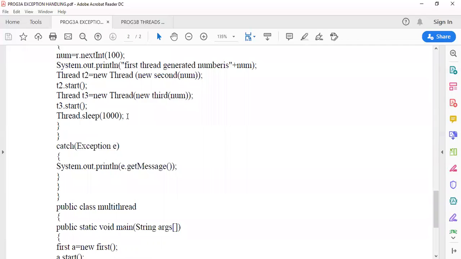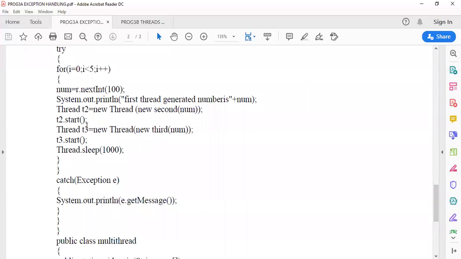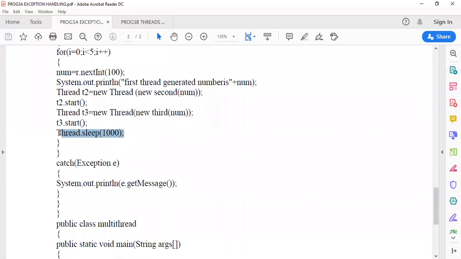Then you are using a delay process here. It will generate 5 random numbers, and since the square and cube of 5 random numbers are being calculated, after each number there is a delay. Otherwise the output would be displayed in a fraction of a second. So that the user could see the output, we are including a delay condition here. After each number, a few seconds of delay is inserted. Afterwards the second number's square and cube are calculated.